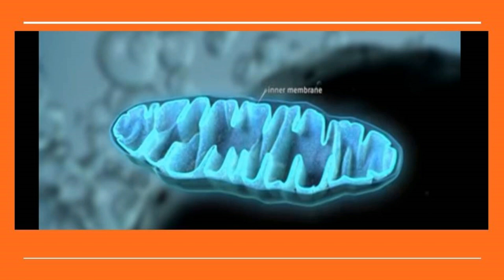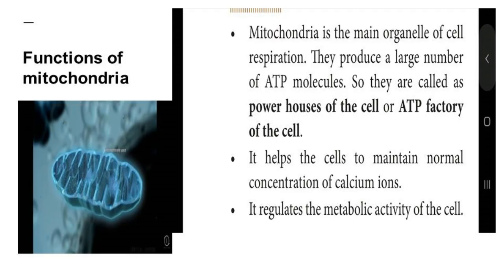The outer mitochondrial membrane is smooth and freely permeable to small molecules, and the outer membrane contains enzymes, proteins and lipids. The inner mitochondrial membrane is a semi-permeable membrane and regulates the passage of material into and out of the mitochondria. It is rich in enzymes and carries proteins. It consists of 80% proteins and lipids.